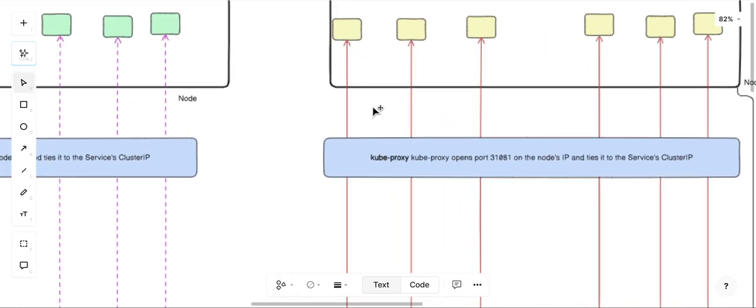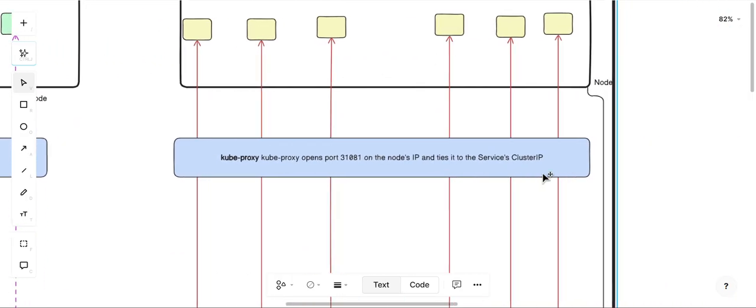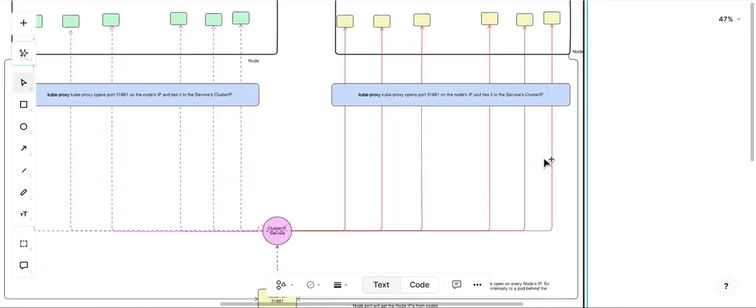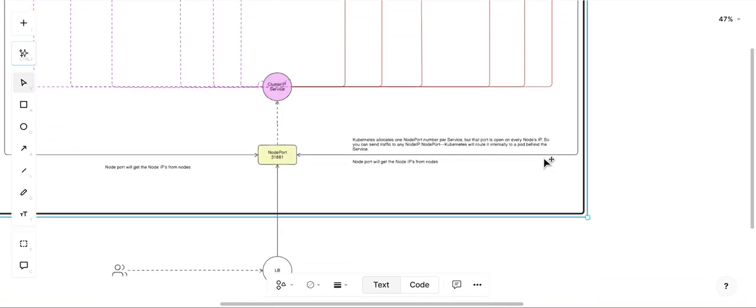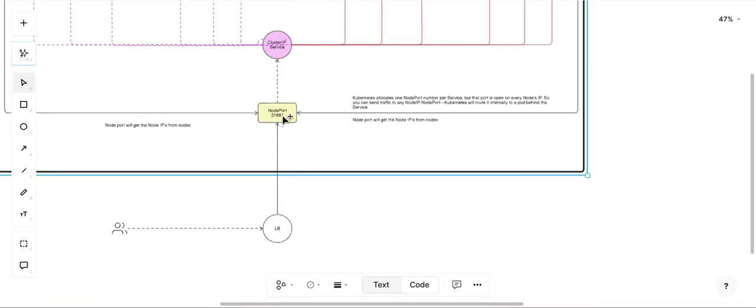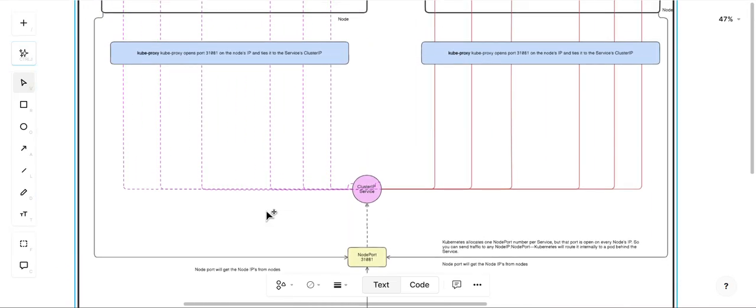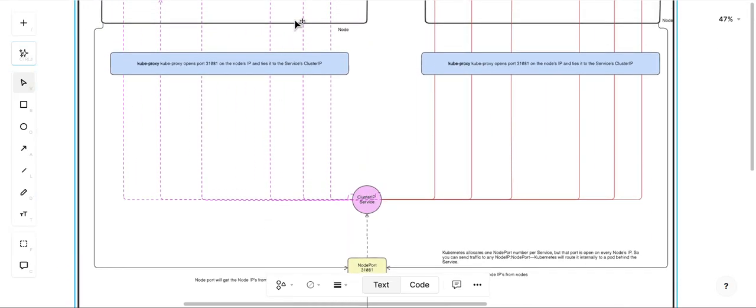So what is this? You see, this is kube proxy. Kube proxy opens port 31,081 on the node's IP and ties it to the service cluster IP. That's the same example we have discussed, right? So the load balancer request will come and it will send it to node port. Node port will have all the node IP addresses because it keeps on communicating with all the nodes present in the cluster. So if there are two nodes, this is one node and this is the second node,